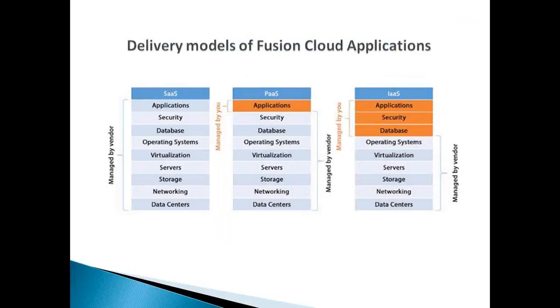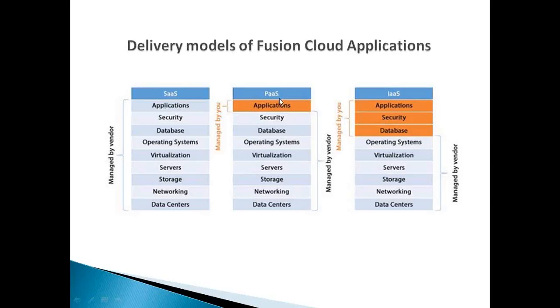You just look at this. In case of SaaS, the subscription will consist of all these, but primarily you will be working on the application. All will be managed by the vendor. So when you take the SaaS subscription as a client, you never get access to any one of these to play with. Everything will be managed by the application vendor only, the cloud vendor, say in our case Oracle. You will just configure and use the application.